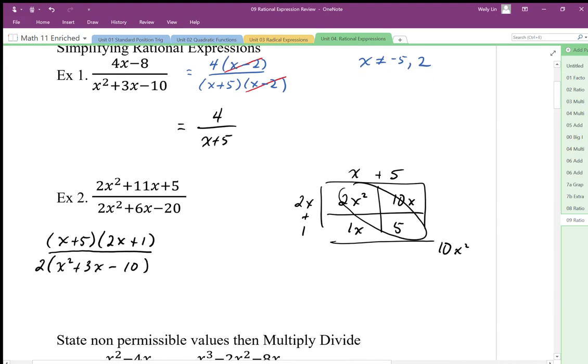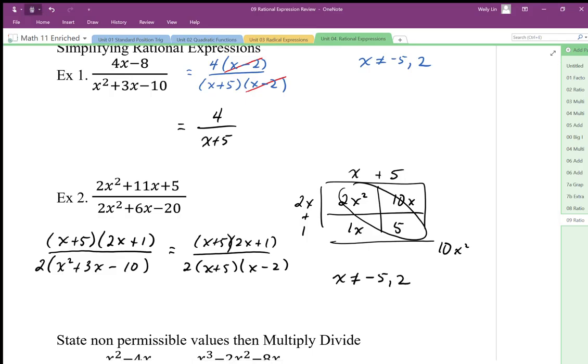Okay, so we end up with 2 times x plus 5, x minus 2. Okay, state our non-permissible values. x is not equal to negative 5, positive 2, same as above. And we can now cancel a times with a divide. Okay, and we're left with